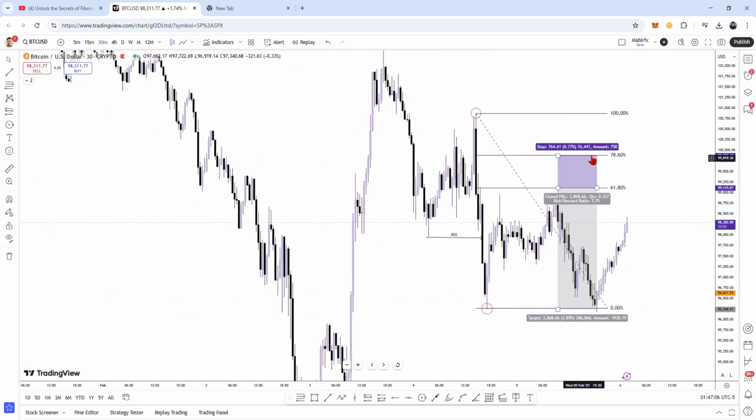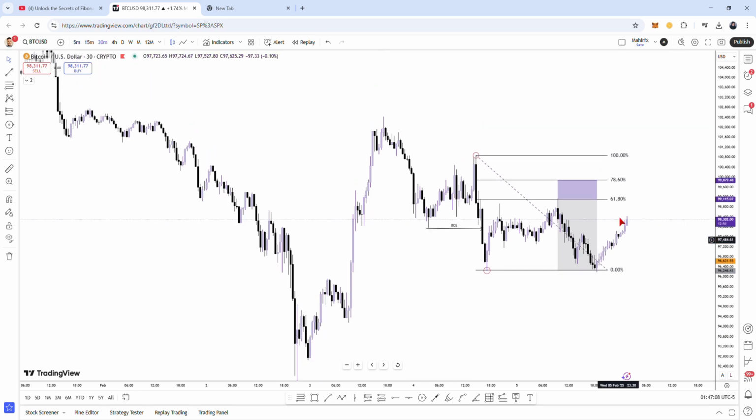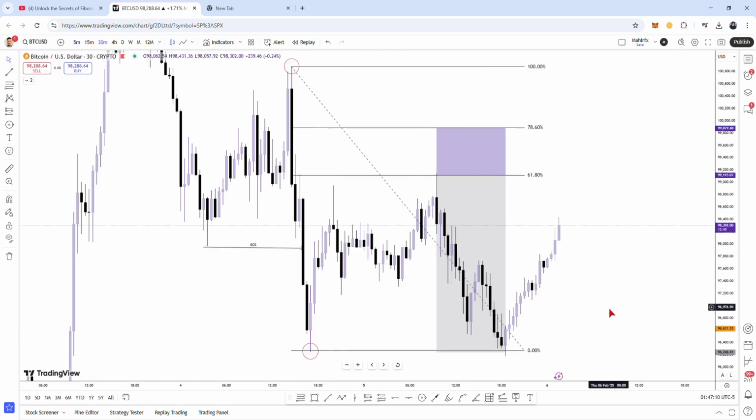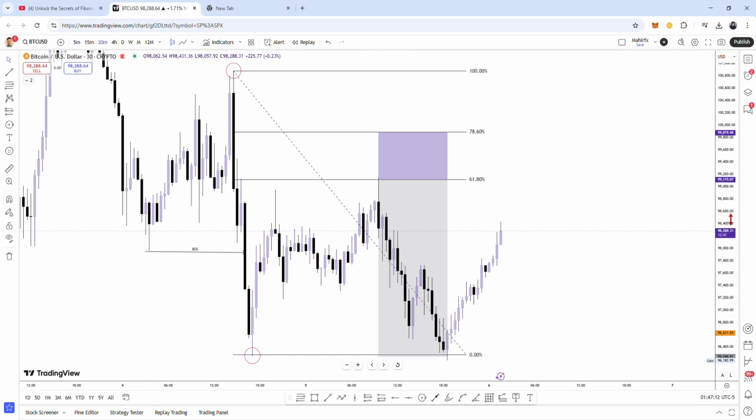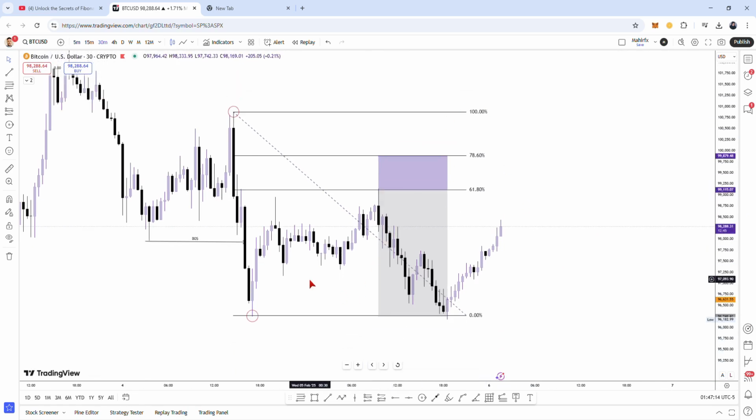You have to put your stop loss here on the 78.6. So the win rate is 3.7, as you can see. It is good. So here is the very easy setups you can have on your mind, and you can use for a lifetime setup,